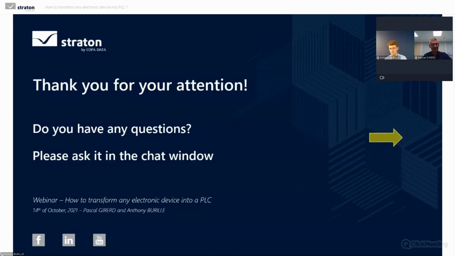And as you say, you can see that there are a lot of changes in Straton 10, and that's true. Here we are talking about embedded, but in every sector, embedded, energy, automation, utilities, we made a lot of adaptations and a lot of improvements for Straton 10.